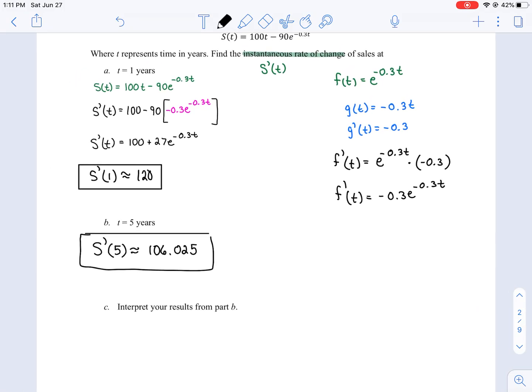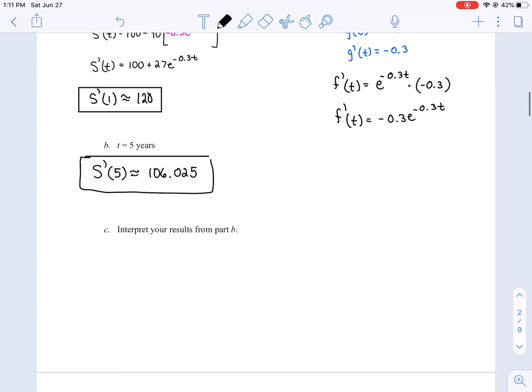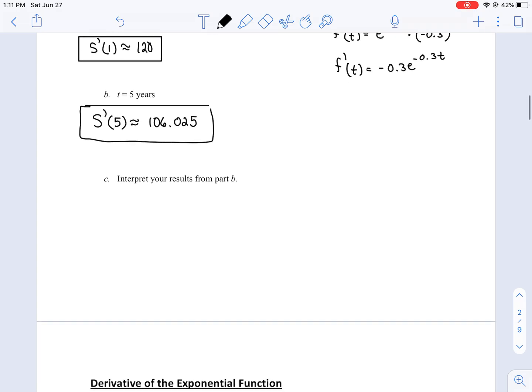Okay. Interpret your results from part B. Okay, so the value that's given is the value of a derivative, which represents change. So what that means is that if time increases from 5 years to 6 years,